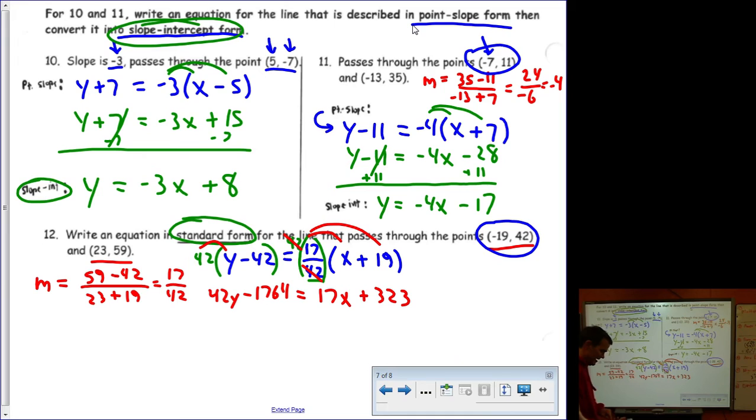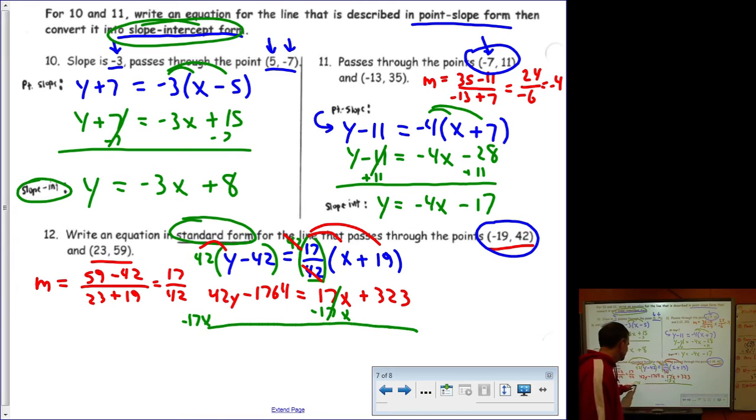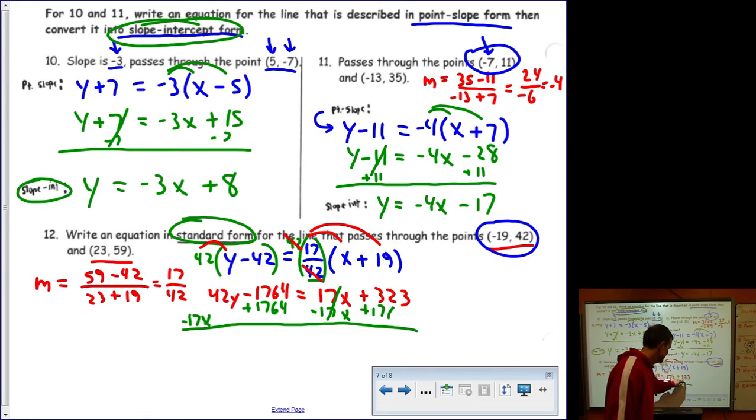Okay. Might as well check that. Yep. Okay. So then, I need to move stuff around to get it in standard form. I want the x term to be on the left side, so I'm going to get rid of it by subtracting 17x from both sides. That moves it over to the left side. And I want this number to move over to the right side, so I'm going to add 1764 to both